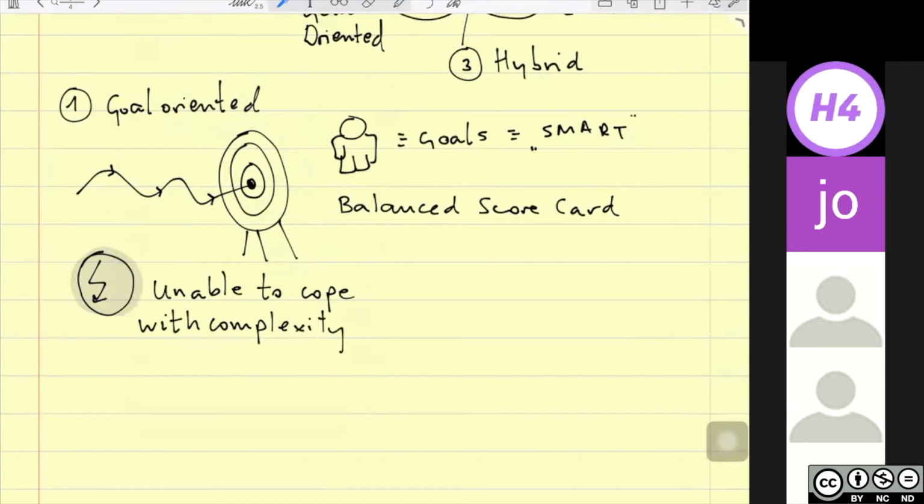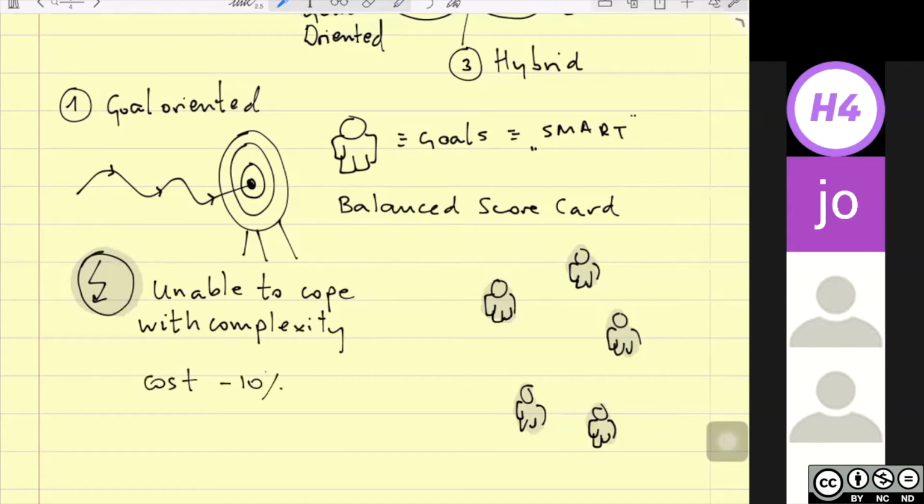Because if we give goals to a lot of people at the same time in an organization, imagine the production manager here gets some goals, and the logistic manager gets some goals, and the factory manager gets some goals, and the shop floor manager gets some goals, and the line manager gets some goals. If you give goals to all these people at the same time, let's say in January, until you need to achieve these goals until December to reduce cost by 10%, or by